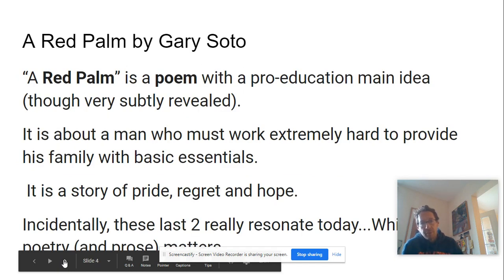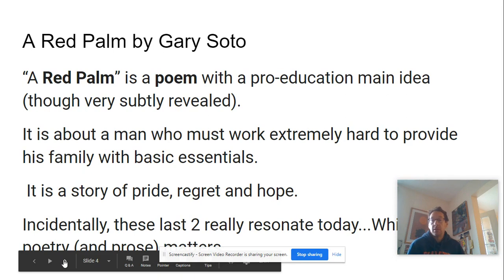So a red poem by Gary Soto. Here's basically a summary of the poem. I'm just going to give it to you even before we read it. It's not going to affect it in any negative way. A red poem is a poem with a pro-education main idea, though very subtly revealed. You're not going to read this and be like, it's about books. It's not about sitting in classrooms. It's not going to be a direct message to you. But